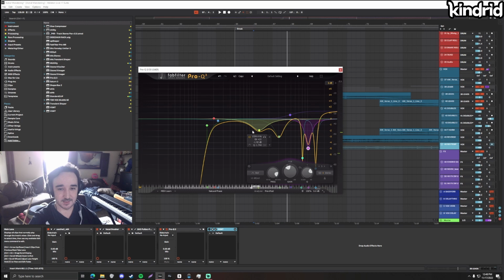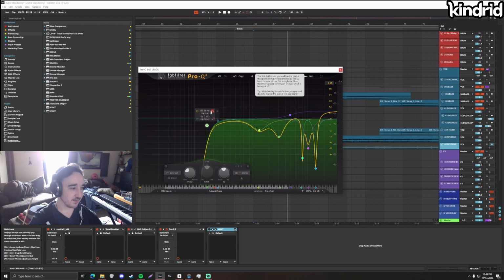So I had to dip some of that out. And then boost the high end a little bit and get rid of some more of this. And then I cut the low end just to be sure, because it gets reintroduced from